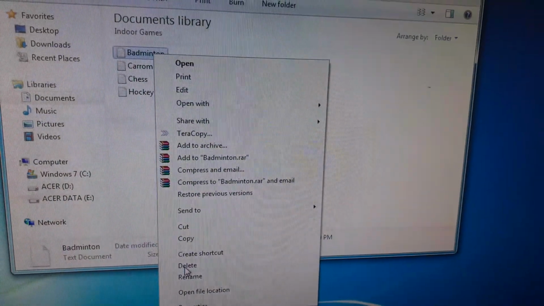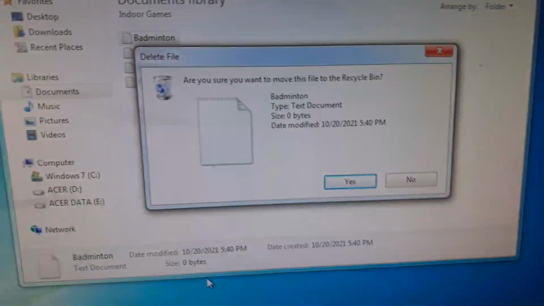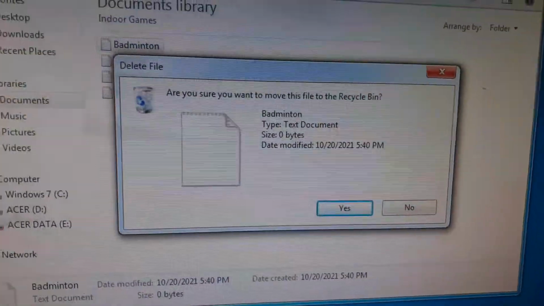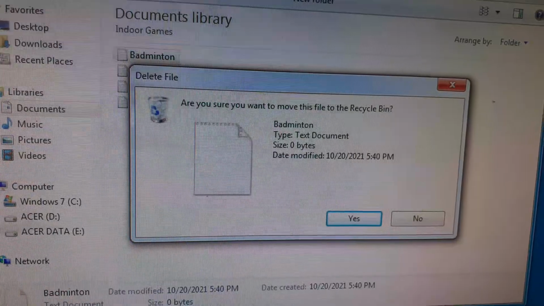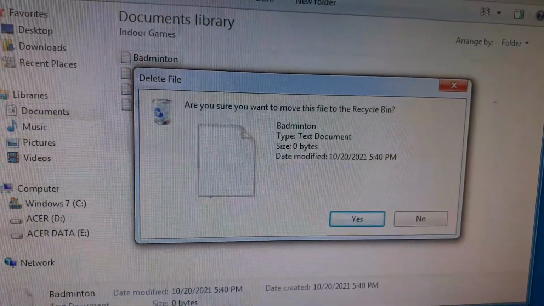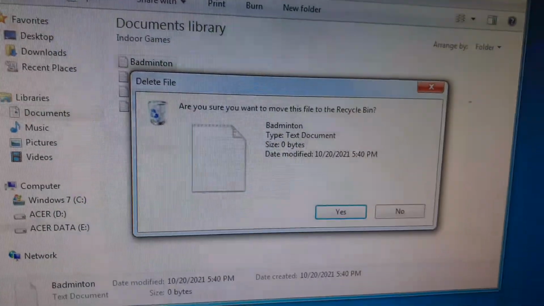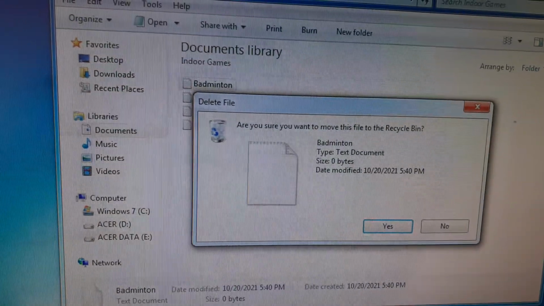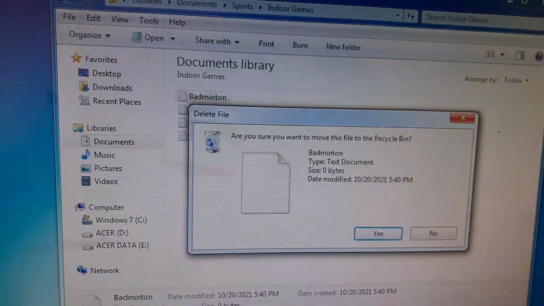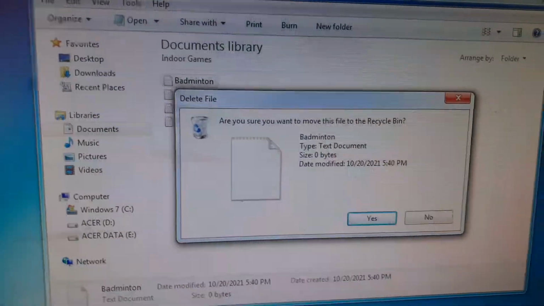When you click on delete, you will see this dialog box. Are you sure you want to move this file to the recycle bin? Right children, so this dialog box will be displayed. When you click on the yes button, the file will be deleted from indoor games and sent to the recycle bin, right children?